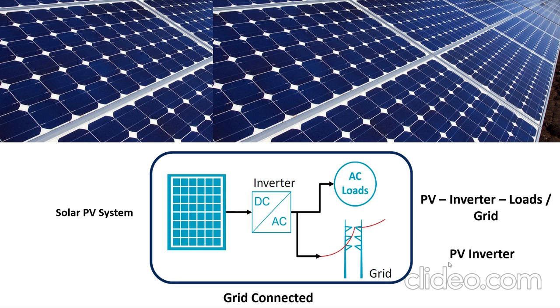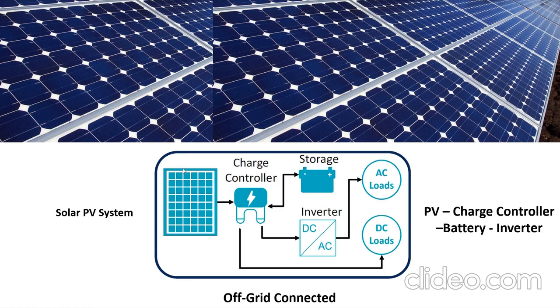So such a system, you expect it to just operate during the day when you have power coming from your solar panels. During the night, when you don't have power from the panels, you don't actually have power coming from your system. But if we look at another configuration, which also is a solar PV system, the balance of components changes. So we have a configuration with the addition of a charge controller